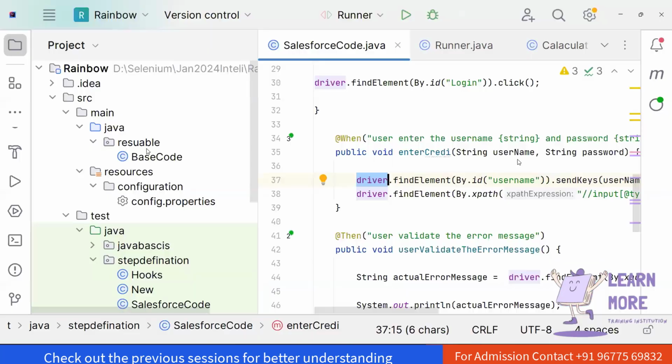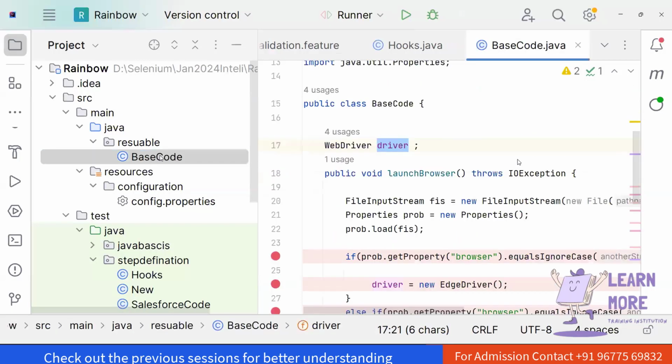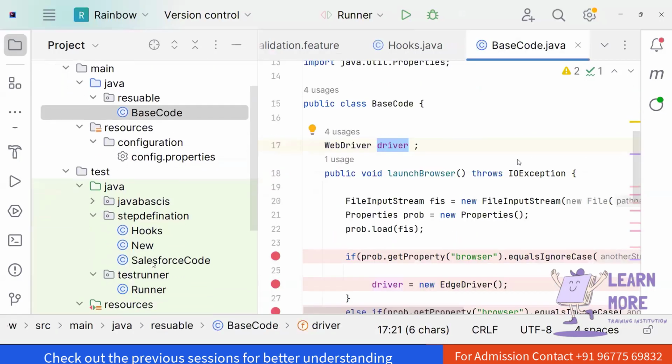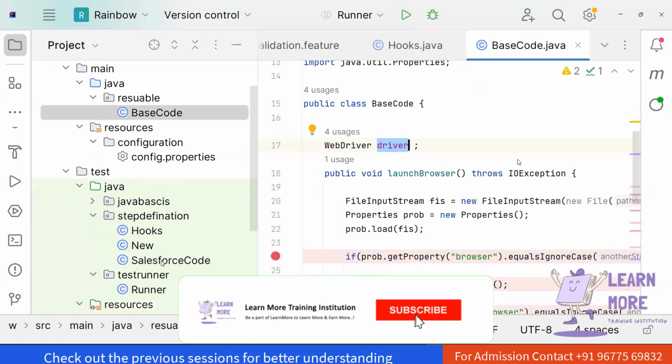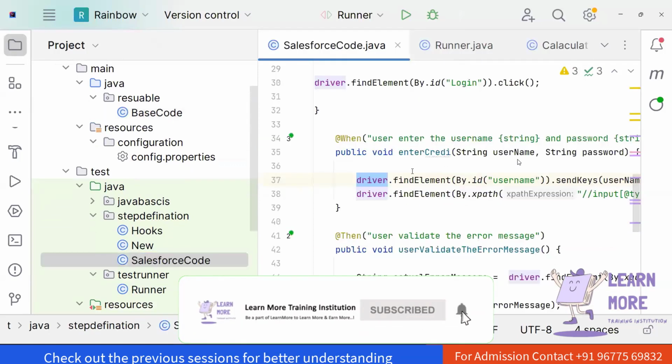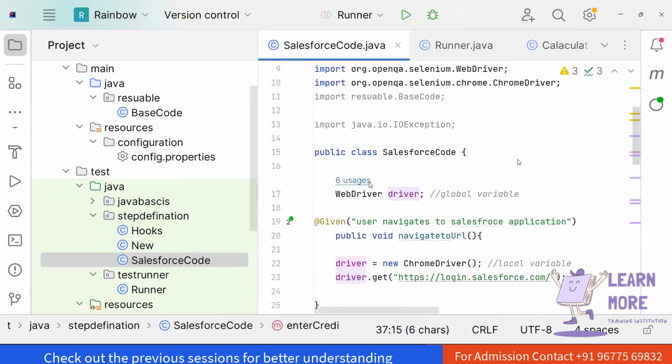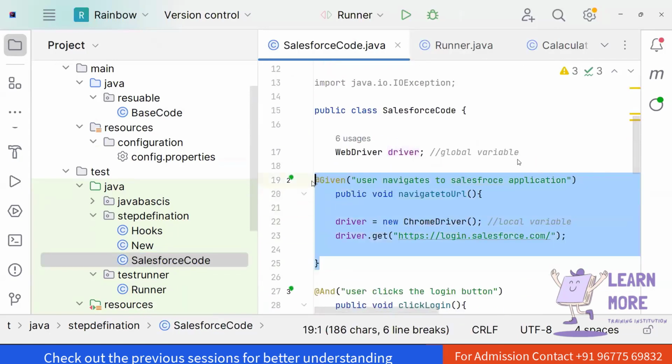Now I need to inject the knowledge of the browser code into my step definition. How am I going to achieve that? With the help of inheritance. So moving forward, we don't need this given statement. Either we can delete the given statement or let it be. And here,